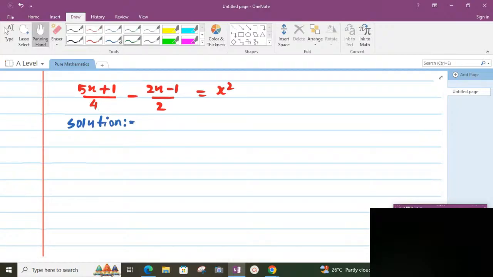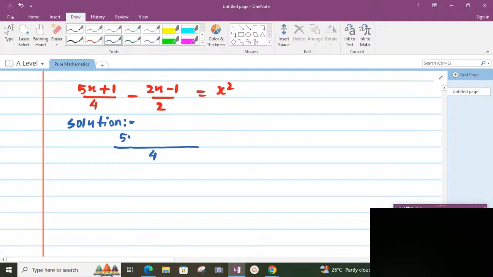The LCM of this one will be 4. So here will be 5x plus 1, and this one is multiplied by 2, then we get here minus 4x and here will be plus 2 equal to x square. The next step here will be,